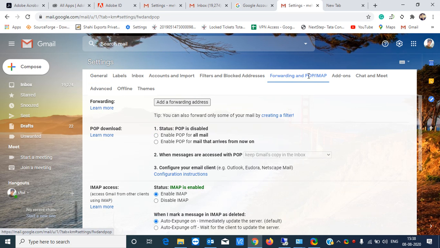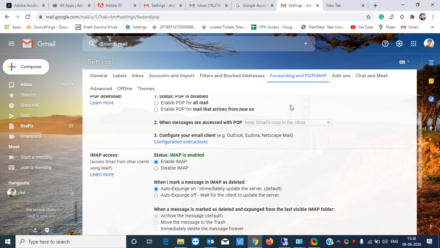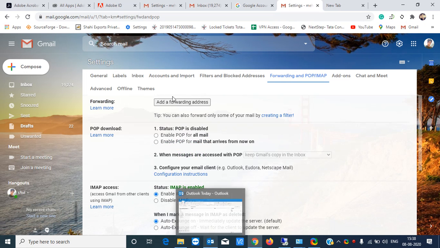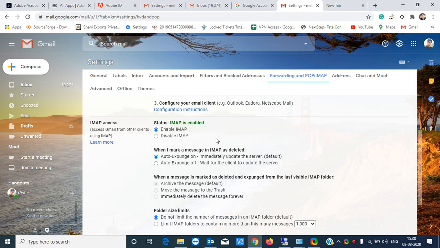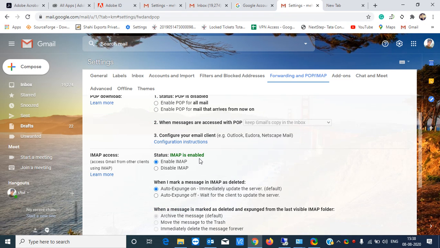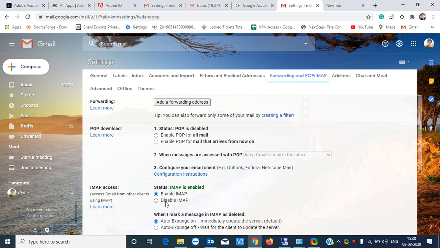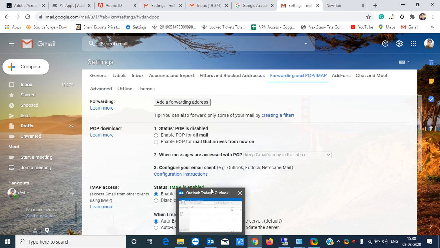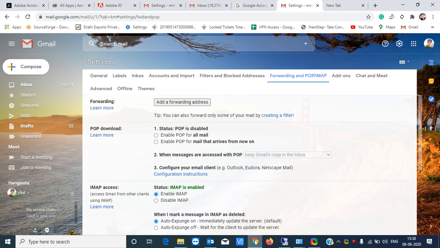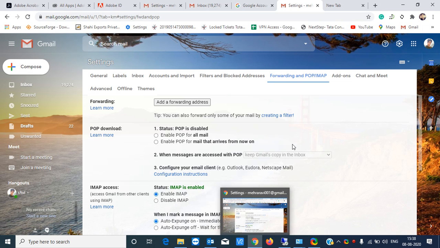Click on it and scroll down. Here you can see POP is disabled, as we have not configured our Outlook through POP, so we don't need it. See the IMAP status. IMAP is already enabled, so it is okay. We don't need to put any configuration here. If it was disabled, then we would have to enable it, because if you don't enable IMAP here, you are not going to fetch those mails in your Outlook or any other client through IMAP.